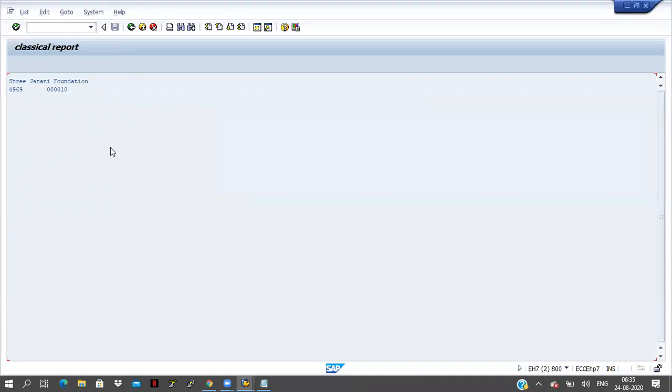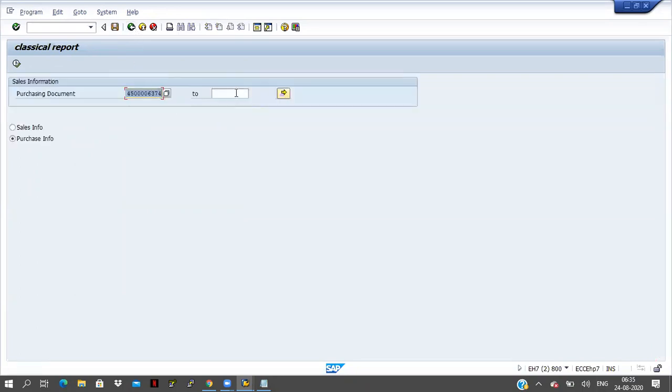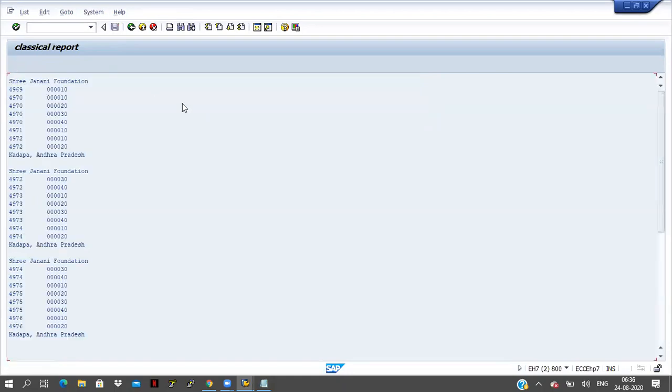See, it is displaying like this. There is no table format.